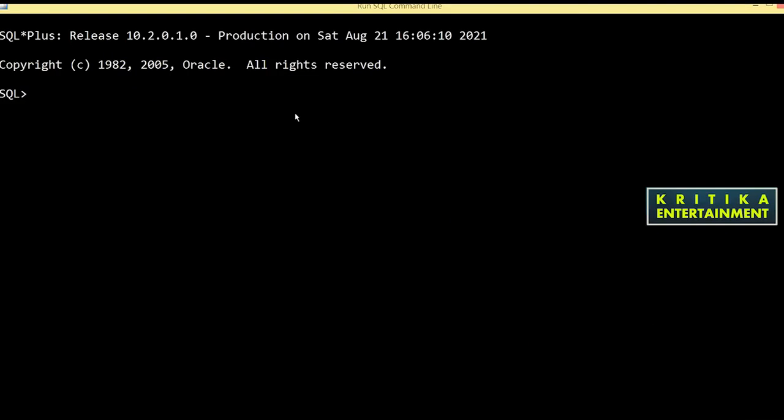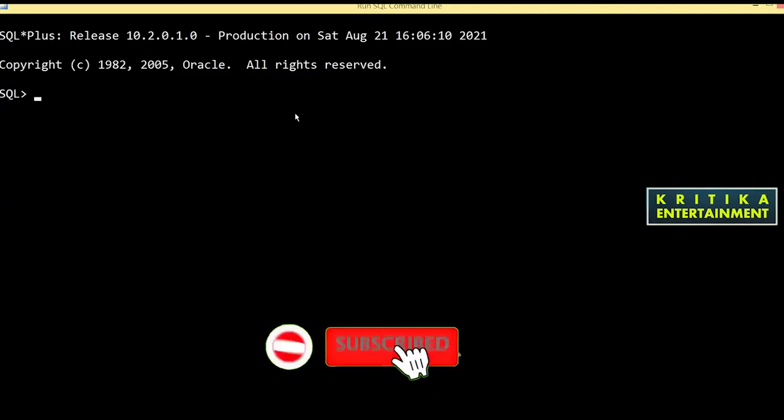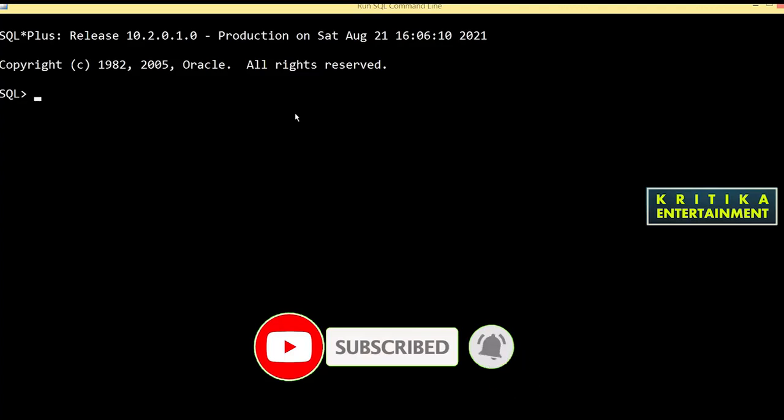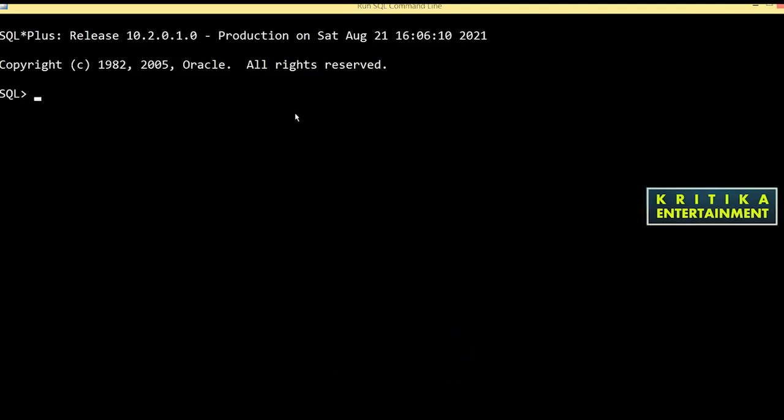Today I will tell you some tips in SQL. First tip is how, without creating a table, we can upload a script file into the SQL environment or your SQL command line.